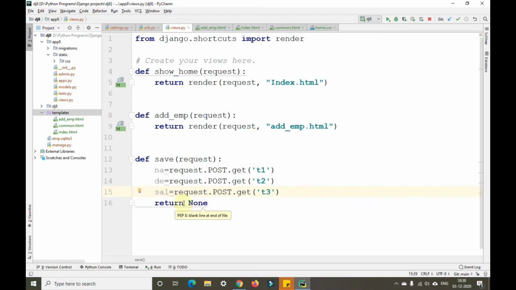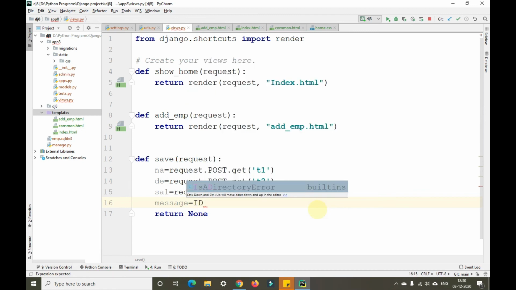Okay. Now instead of returning none, we'll show this directly to the user. Message equals to ID, that is name.